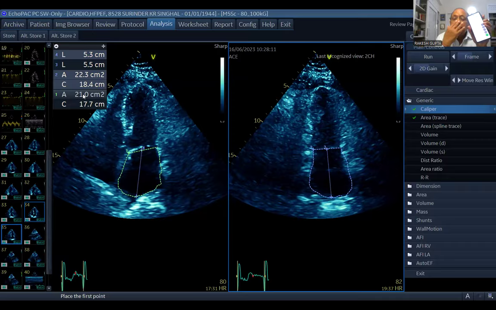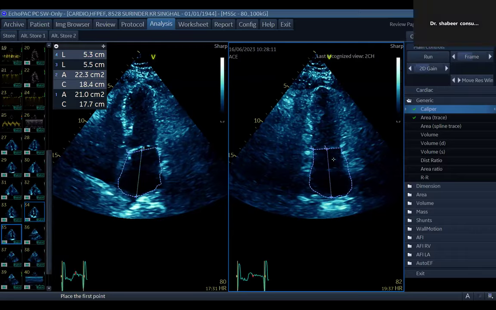Are you clear now, sir? Every machine will have this option to trace, sir. Like we have Sonosite in all ICU machines. In fact, you can ask your vendor to create your LA volume algorithm. So once you do this measurement of LA,